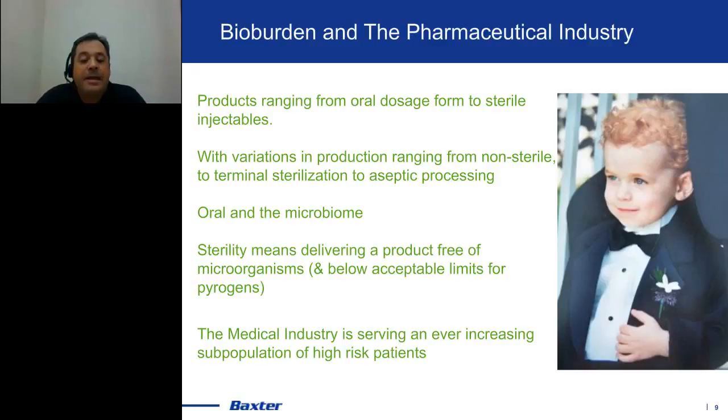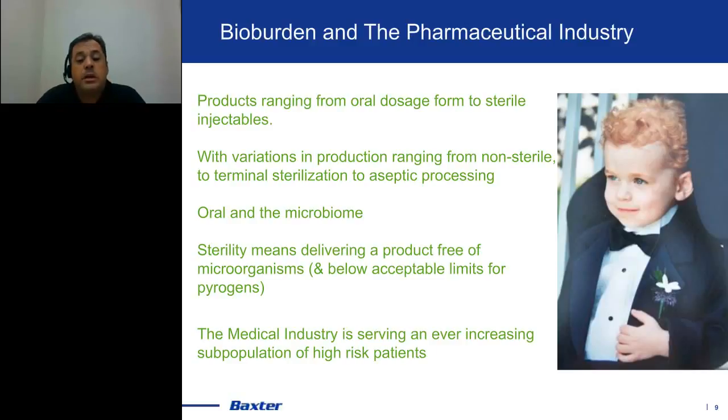So the need for microbial and bioburden control around these varies significantly. You can imagine an oral dose form that's going to go into an environment that already has a lot of microorganisms associated with it, the mouth and the intestinal tract. A few non-pathogenic organisms introduced in that environment are certainly not going to be the danger or safety risk that injecting those into the bloodstream would be. So as such, the microbial and bioburden control that we have to do varies significantly.